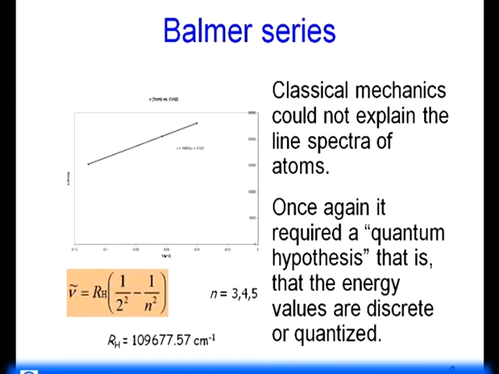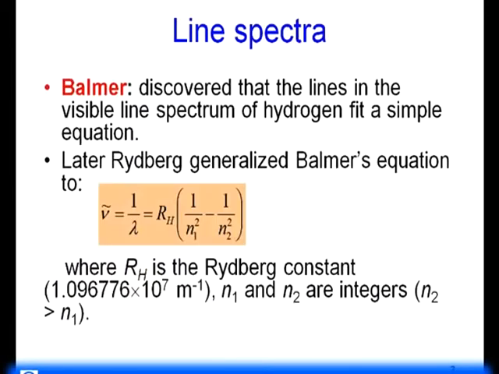the Rydberg constant. Now we cannot explain all these lines unless we believe that quantum mechanically the energy levels are discrete, they are not continuous, and the energy levels are quantized. Now, Balmer discovered that the lines in the visible line spectrum of hydrogen fit into a simple equation. It was Rydberg who found that it is not only 1 by 2 square, it could be any number, and